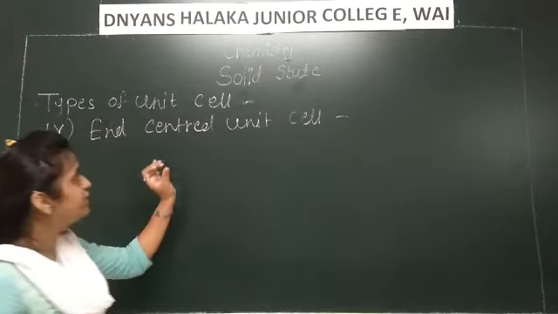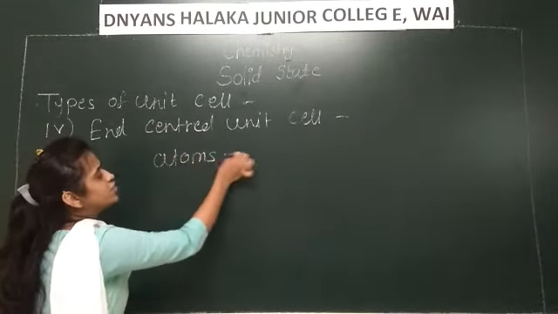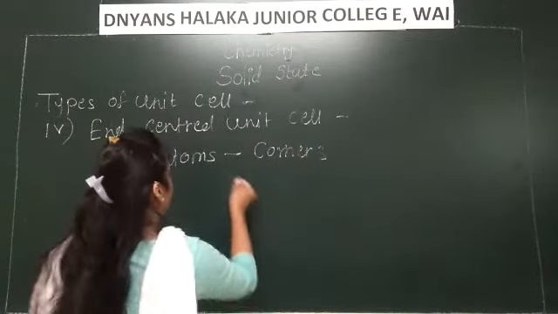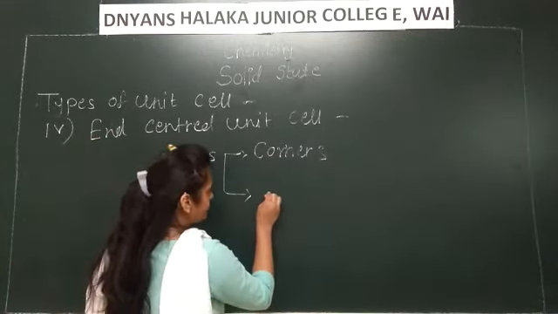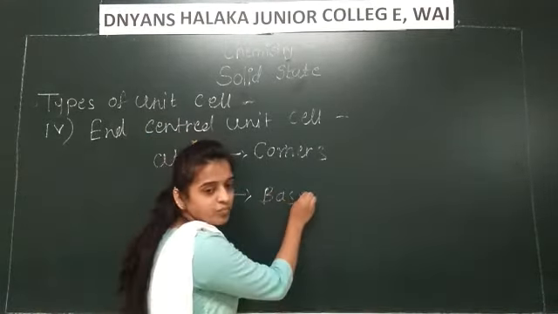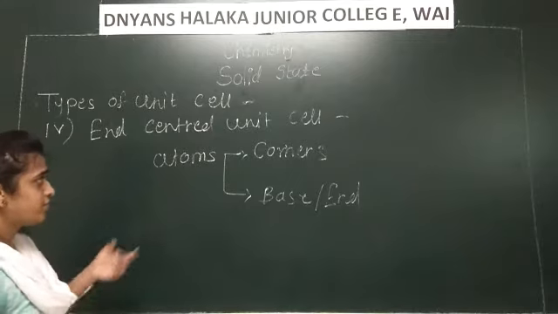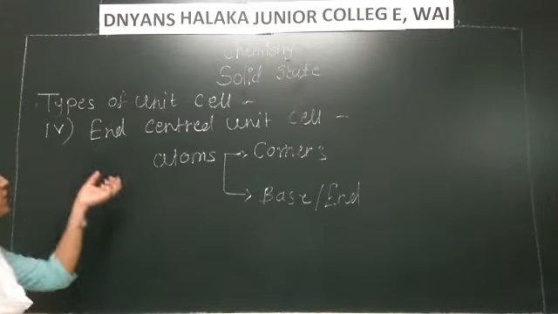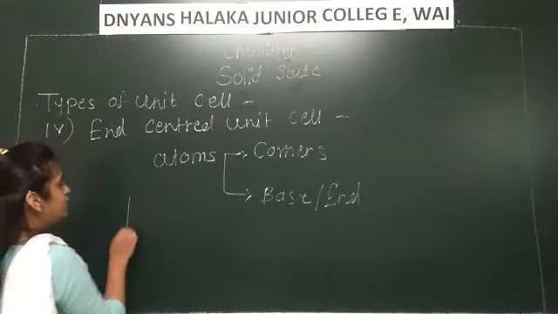Next point, end center unit cell. In this end center, atoms are situated at corners and at the base, or opposite sides of any faces. So atoms or particles are situated at the corners and at the base or end center of the unit cell. It is known as end center unit cell, or it is also called base center unit cell. So in this diagram,